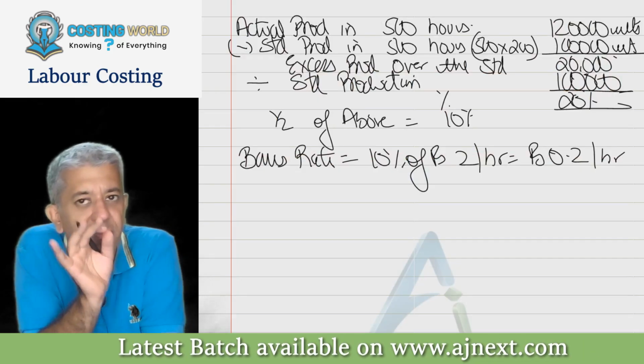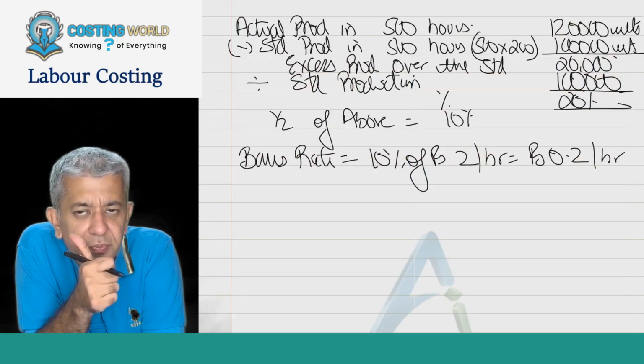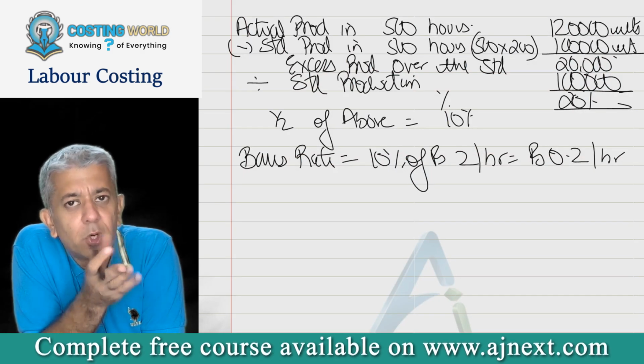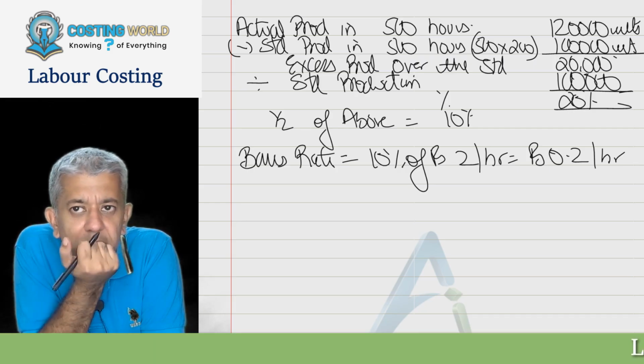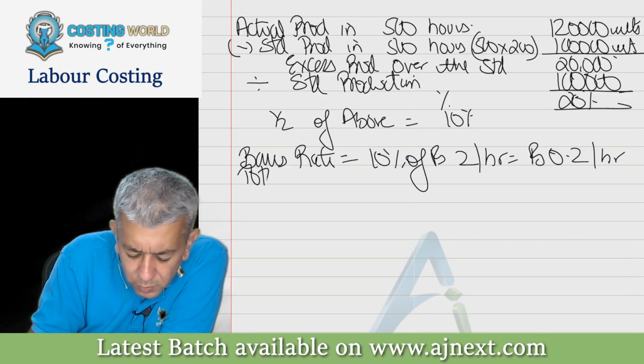Can we say every worker will be paid bonus at the rate of 0.2 per hour? Is that okay? Yes. Now the total bonus will depend upon the total number of hours worked. Tell me, all my workers combined have worked for how many hours? 500. So therefore the total bonus